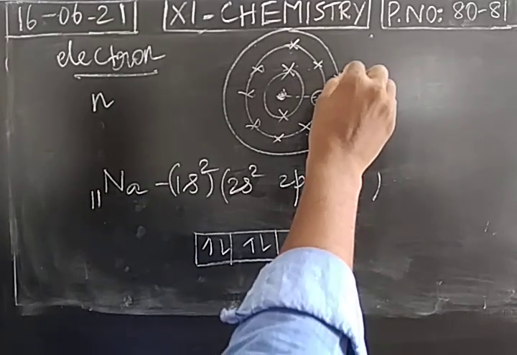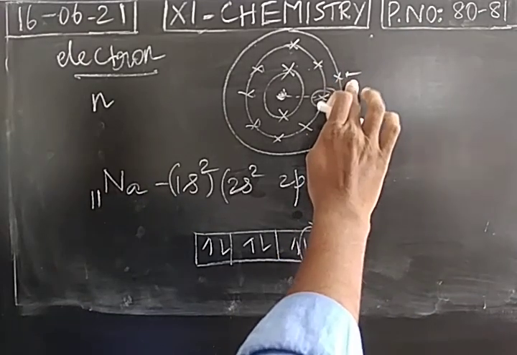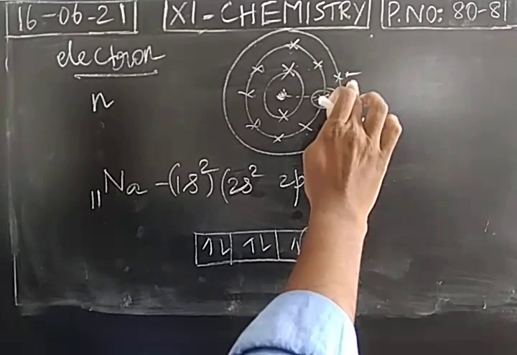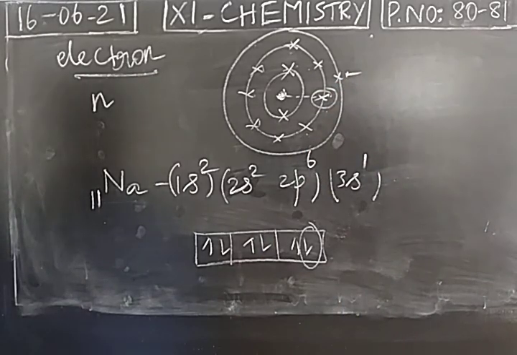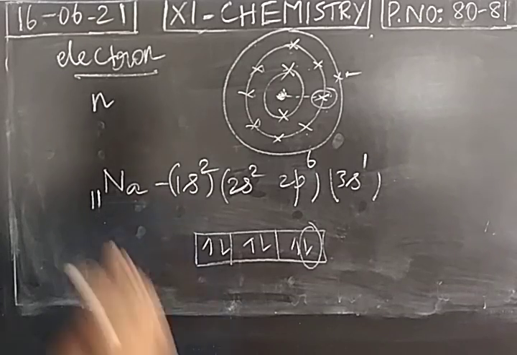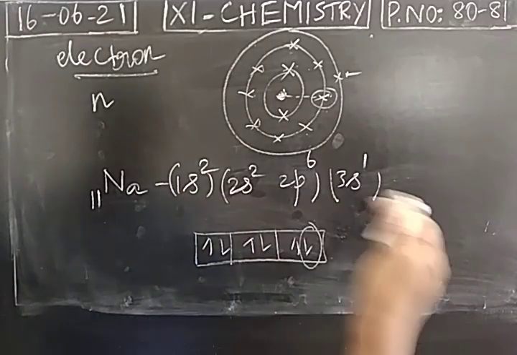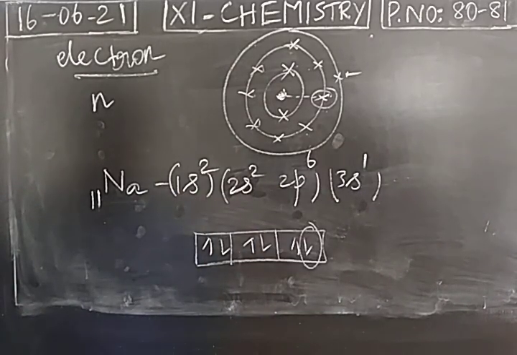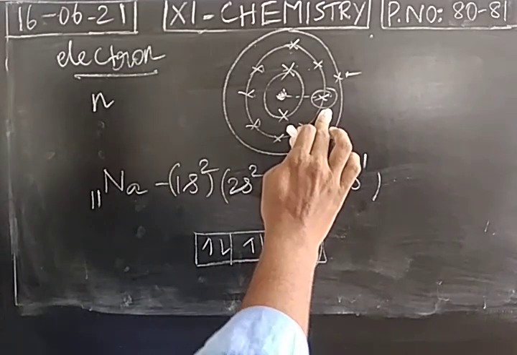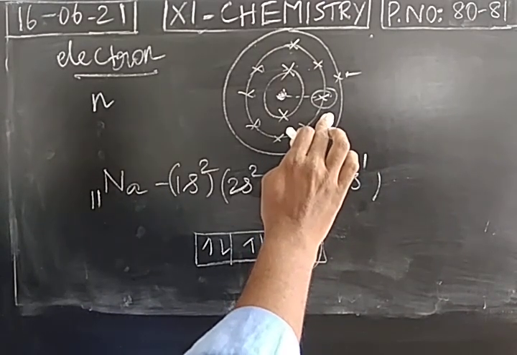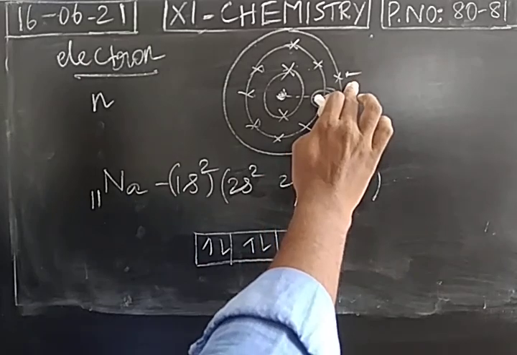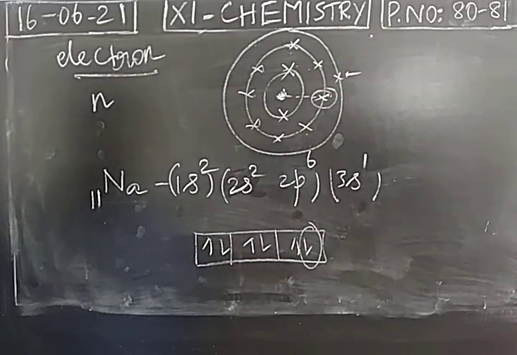But what about this? The electron in the 3s orbital will not be involved in shielding. So in Slater's rule, first we write the electronic configuration. We make the orbitals into groups. Then the next step, we identify the electron for which we have to calculate a screening constant. If I find this electron for a screening constant calculation, this electron will not be involved in shielding, so this will not contribute any value towards a screening constant.